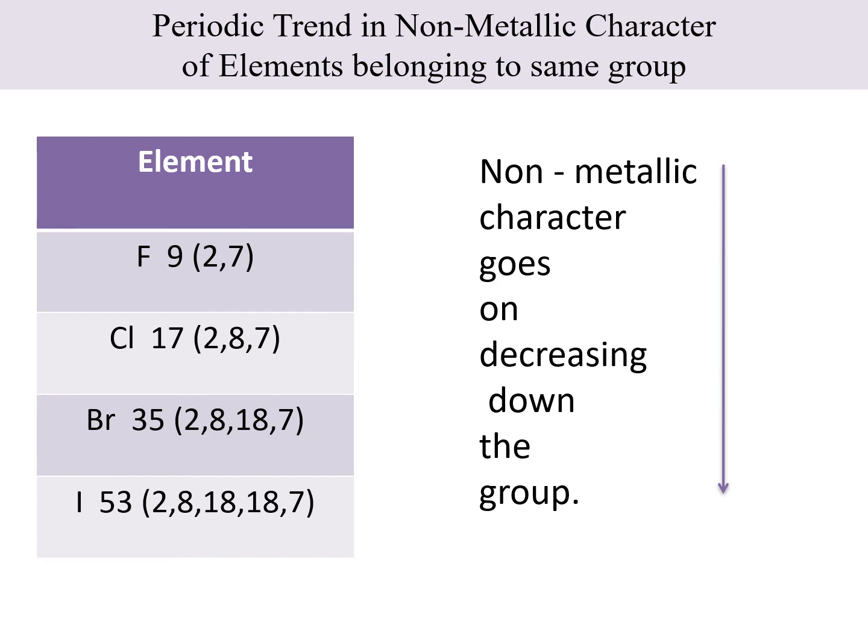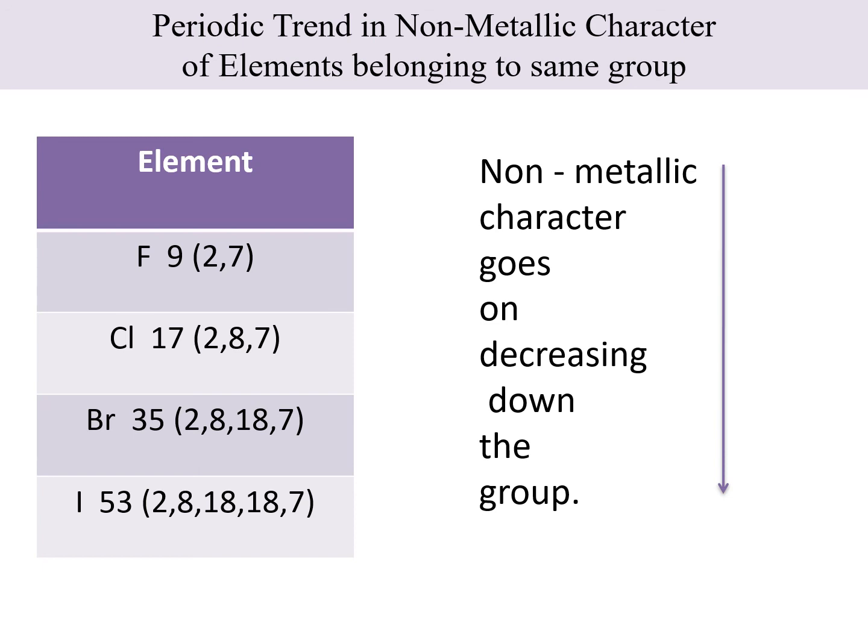Thus, as we move down, we find that for an atom, it becomes difficult to hold the number of electrons in the valence shell due to the increasing number of electrons in the inner shells, or due to the shielding electrons present in the inner shells. So as we move down, we find that the reactivity of non-metals goes on decreasing. Let us understand this with the help of the group 17 elements.